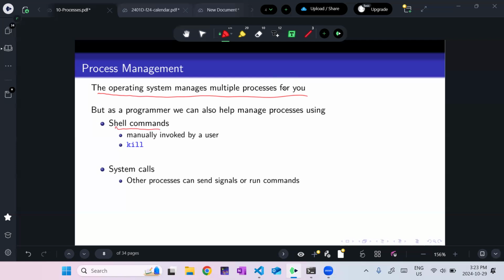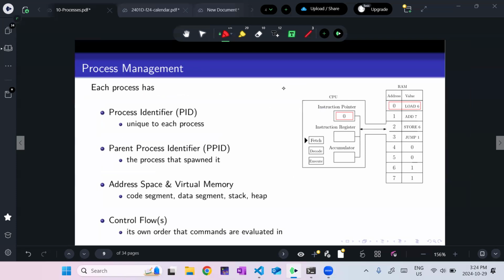And the most common one is kill. Right? Most signals that you send a process will terminate it, which is probably why it's called kill, but this really just sends a signal. It doesn't have to terminate the process. Or I can make these system calls from another process, right? So I can send a signal to another process if I know it exists from another running process.